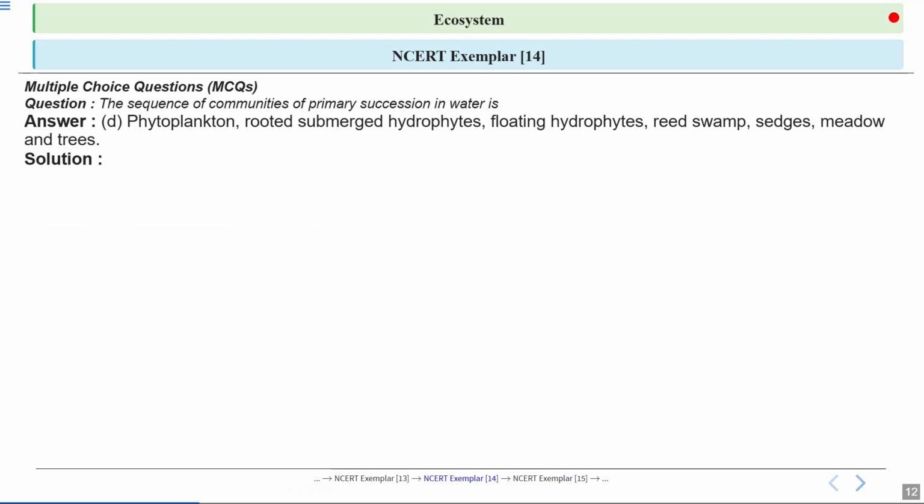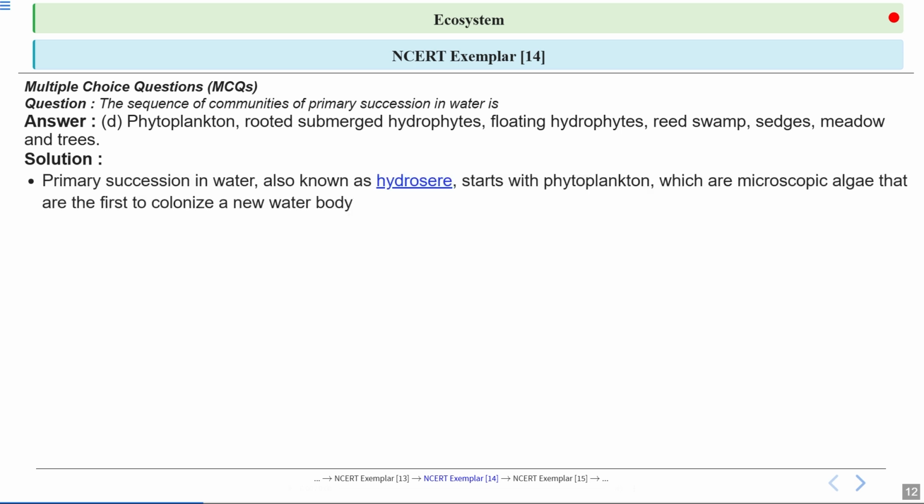Let's have a look at the answer. See, option number D is the correct answer here. Let's have a look at the explanation. See, a hydrosphere is the step-by-step change of an ecosystem that begins in a brand new body of water, like